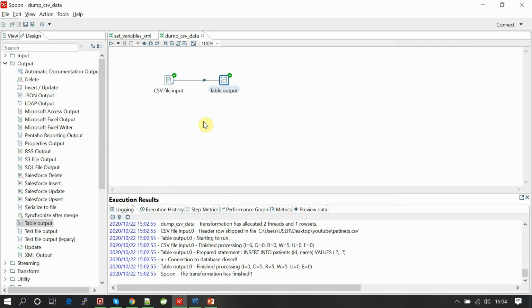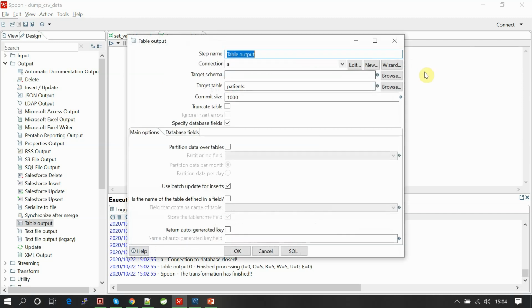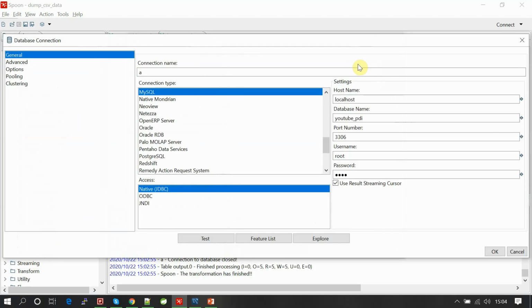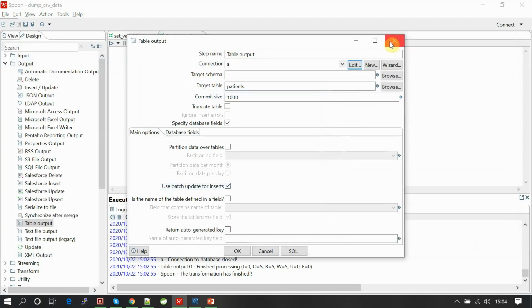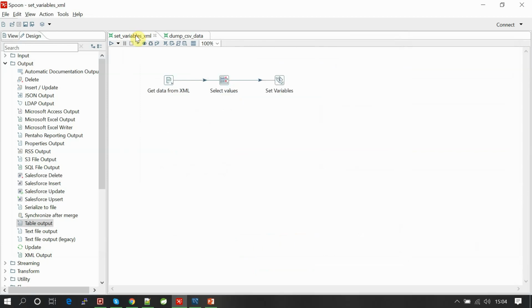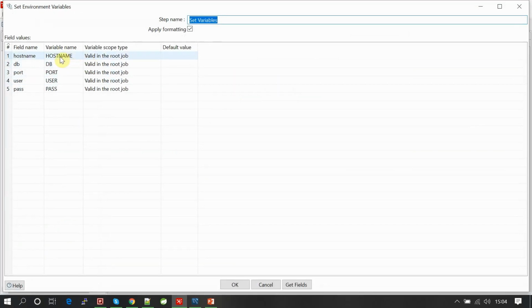So to avoid that, what I do here is I'll edit each static value with the variables we defined in reading the XML file. Before that, go to your set variable XML and copy all these: host name, DB, port, user, and pass.